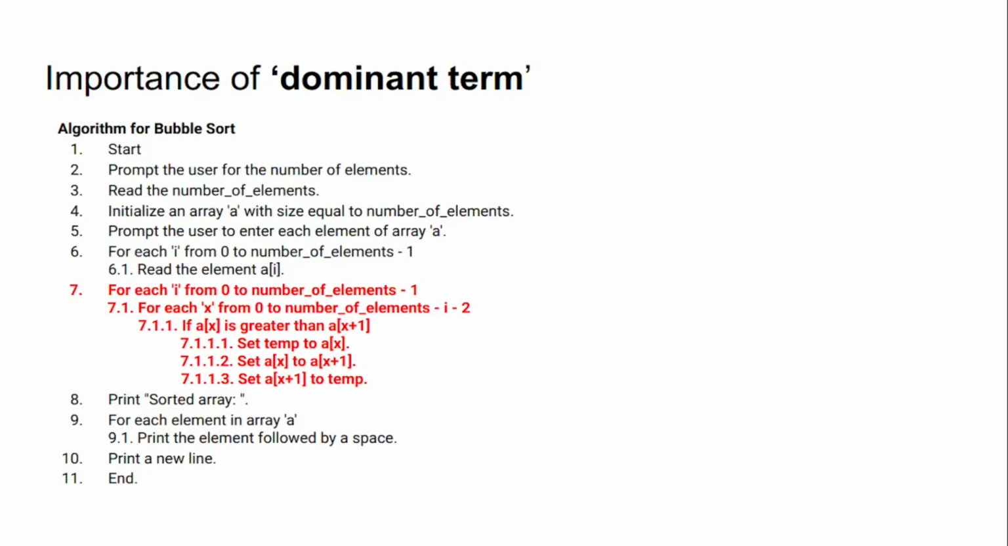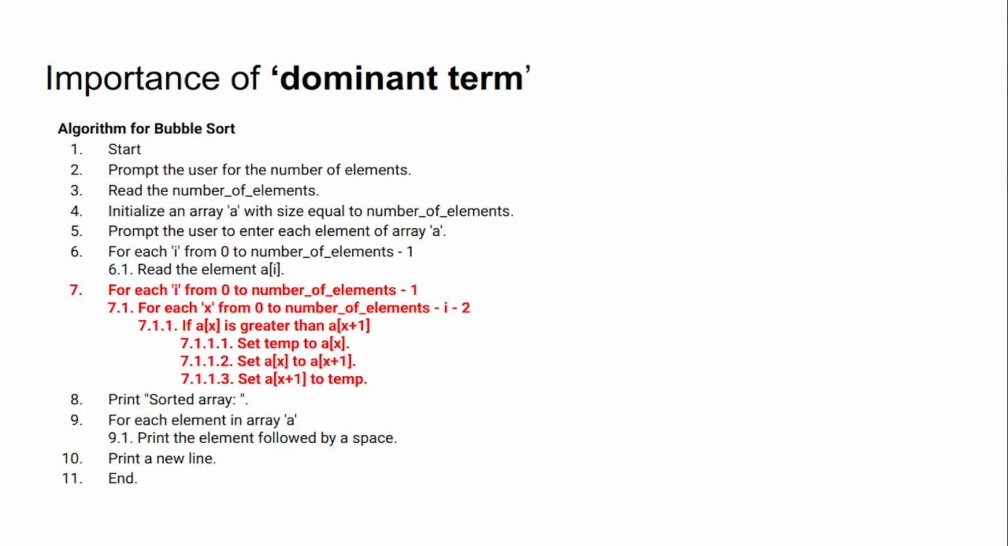Now let's talk dominant term. In bubble sort, while all three parts play a role, it's the sorting section, specifically the nested loops, that dominates. Why? Because as the input size grows, the number of comparisons and swaps in these loops skyrockets, far outpacing the